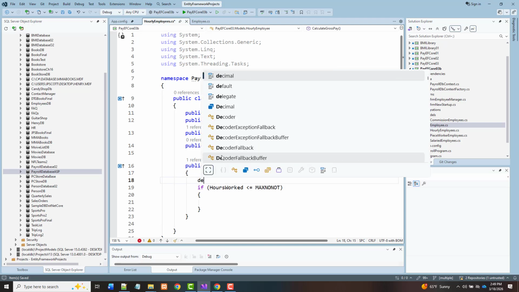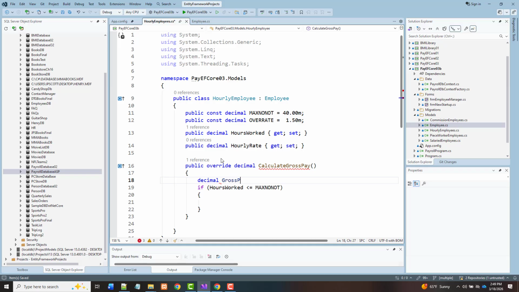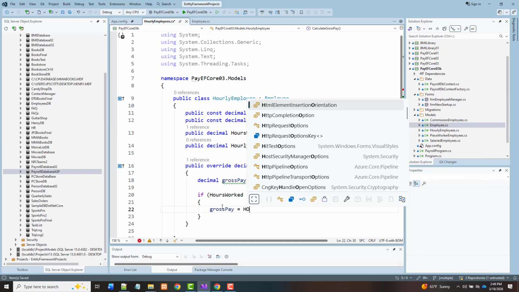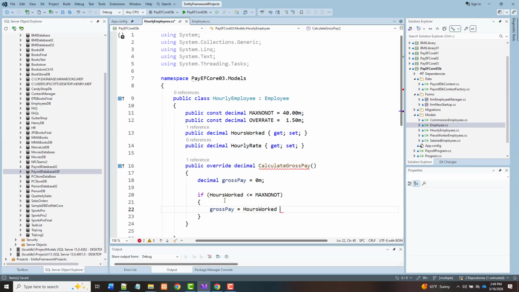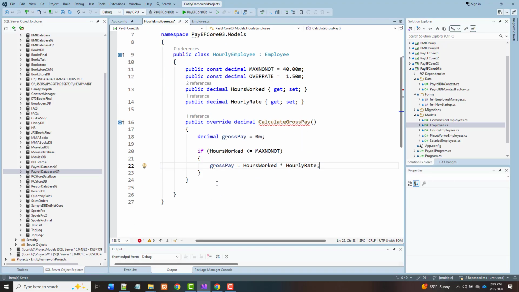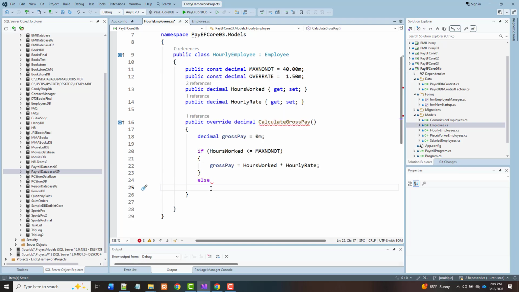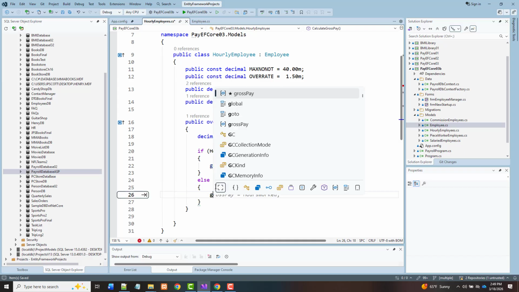So decimal gross pay, set that equal to 0M. All right, and we're going to say here gross pay equals hours worked times hourly rate. Okay, that's just standard. Else gross pay